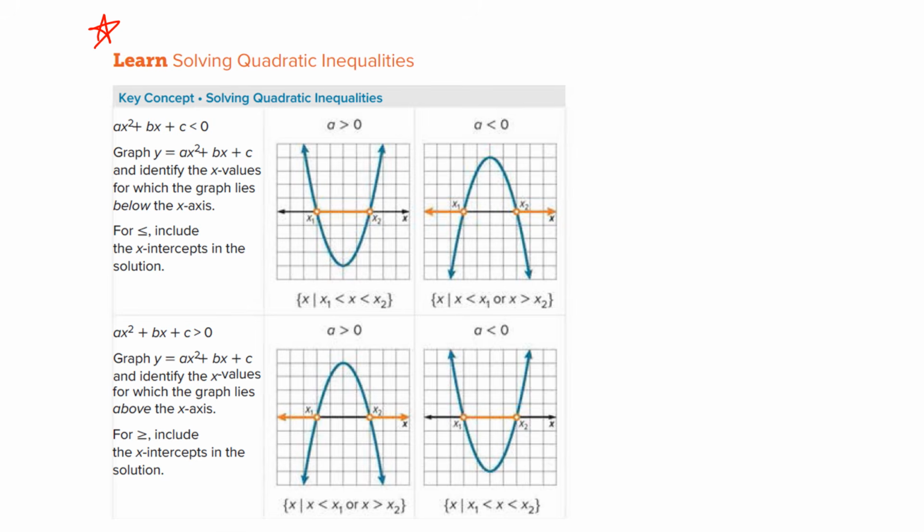I have told you many times to learn it. I hope you all have done it. So let me explain one last time before we go to the question. The first kind of inequality that can come in your exam is ax square plus bx plus c less